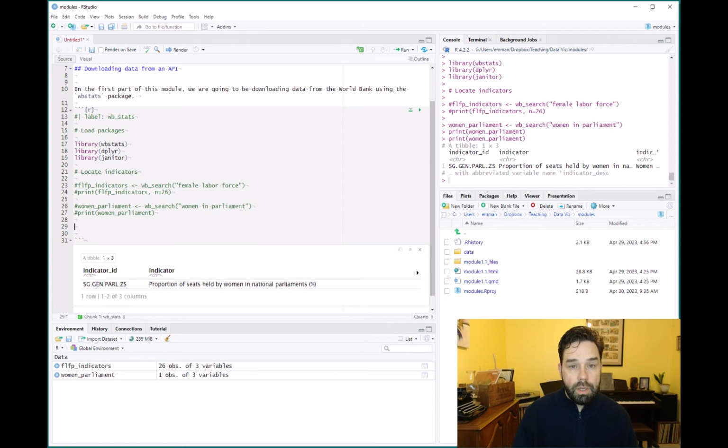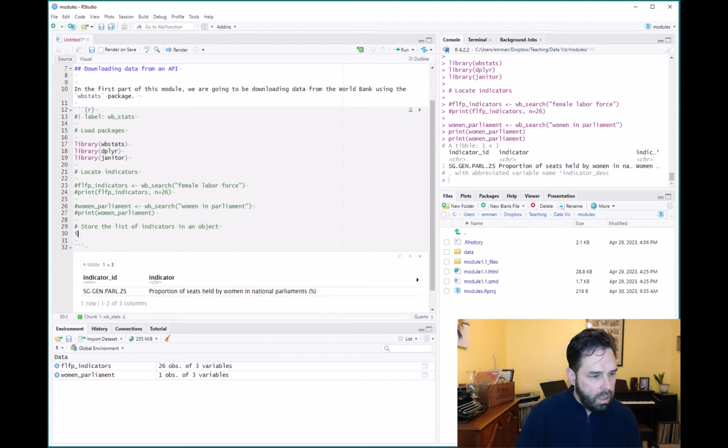Okay, so the next step is going to be to store a list of indicators, which we just looked up. So we're going to store those indicators and then subsequently use those to download data for those indicators. So let's go ahead and add a comment here, store the list of indicators. In an object, and the object is going to be called indicators. And we're going to use the combine function here, because we have more than one indicator. FLFP